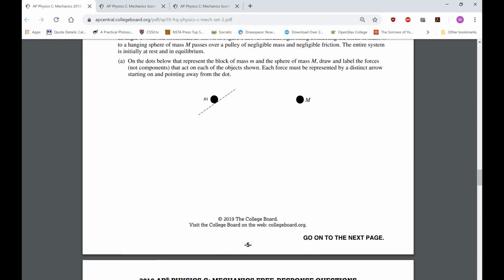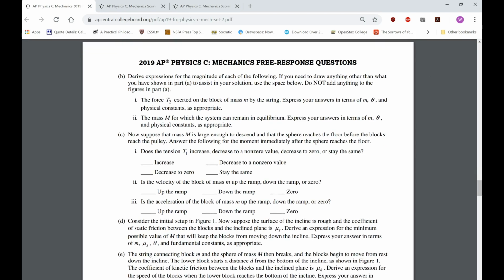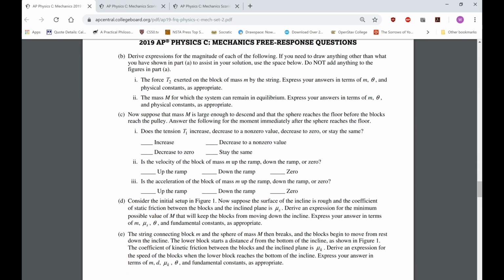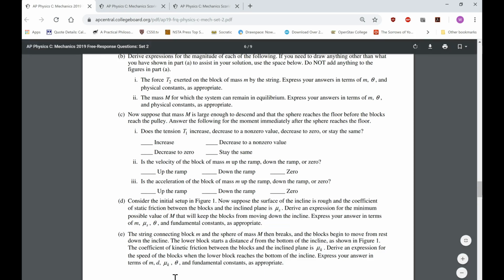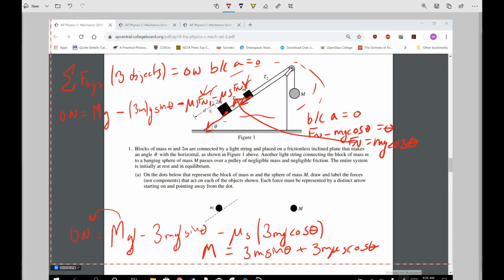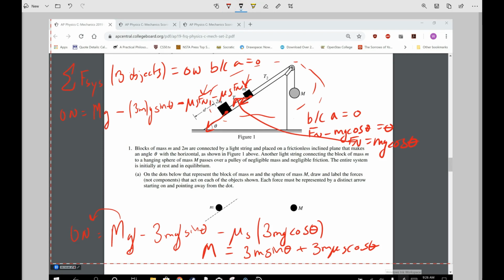The mistake that I made is that I didn't read carefully. Right? It says that will keep the blocks from moving down the incline. All right. Down the incline means that I had my direction wrong. I was thinking that would keep them from moving in the way we were told before. So I would have lost a point because I set up everything correctly except for the fact I assumed friction would be down, when in reality friction needs to be up to keep them from moving down the incline,